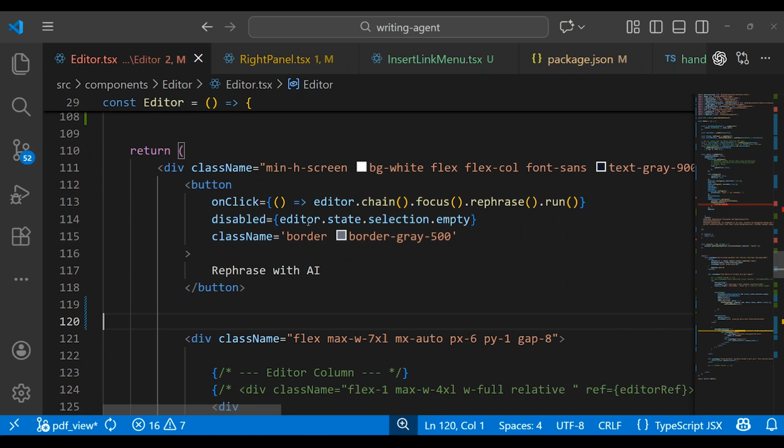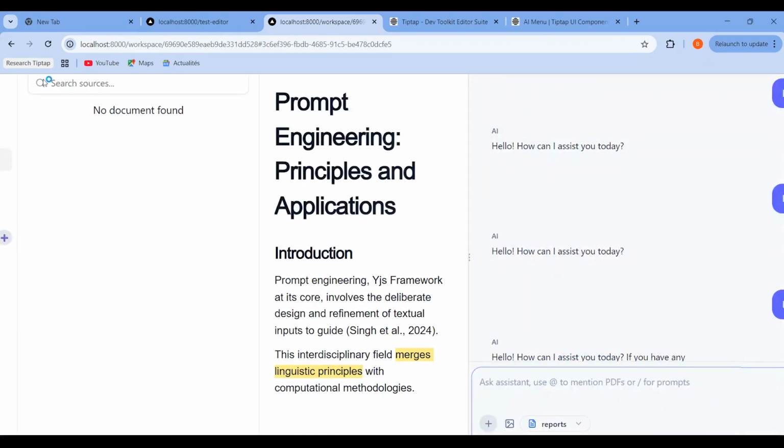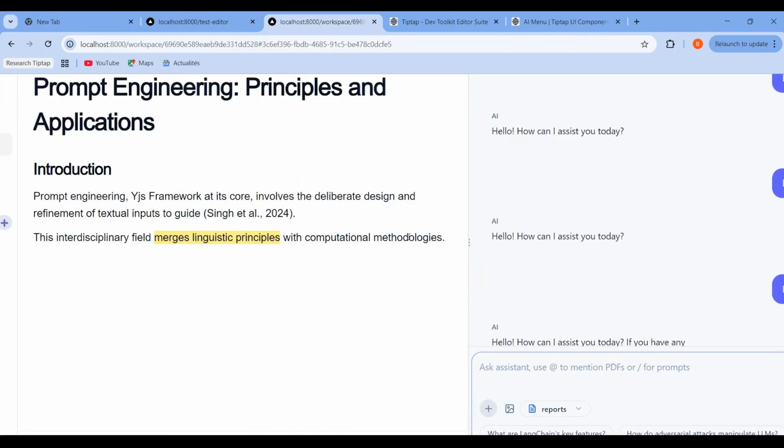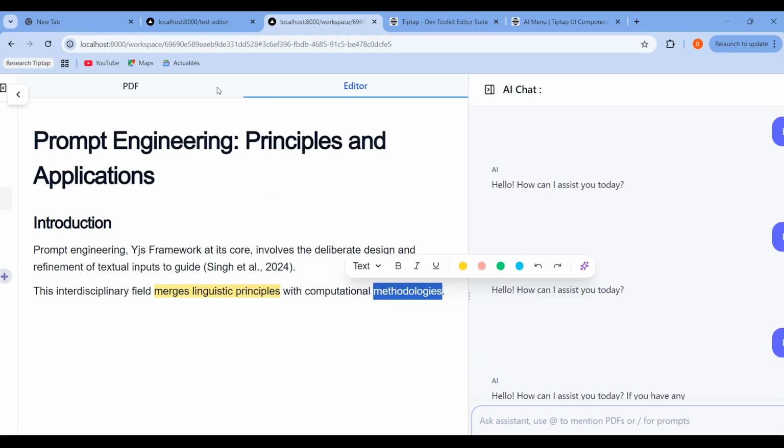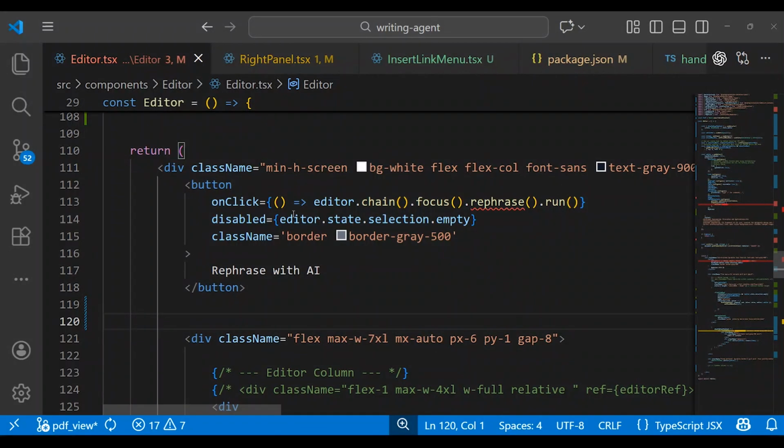You can see on click event, we're gonna pass the editor that change the focus, and then we're gonna pass here that refresh. This is the name of our extension. And then you're gonna see what we're gonna get. Now let's try to run this and see what we're gonna get here. Now I'm gonna select here methodologies, and then if I click here on the button at the top,